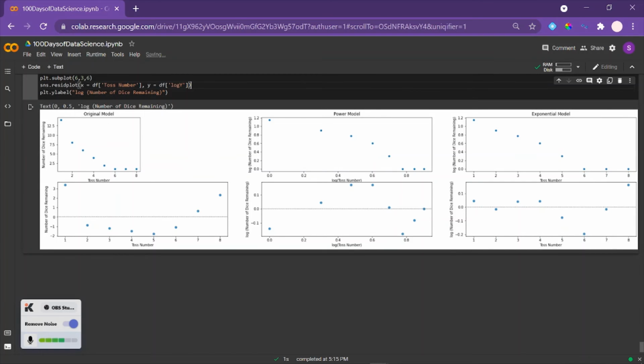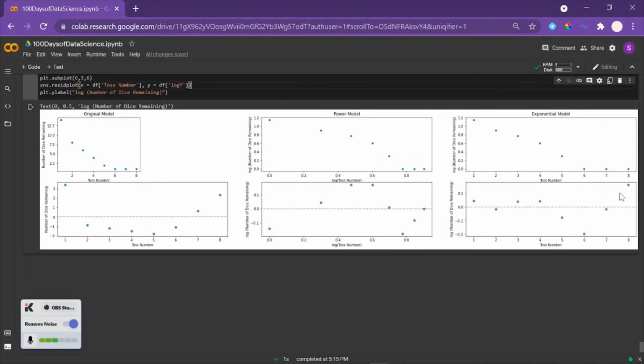You can clearly see that this one has a curved pattern, right? The original model has a curved pattern in its residual, and this one has a curved pattern also. The only one that doesn't, the one most randomly and evenly spread out, is this one. It's centered around 0. Here you see these ones are very low, these ones are very high. These are mostly centered around 0, besides these two here. You can see that the actual data is legit linear, right? Here it's